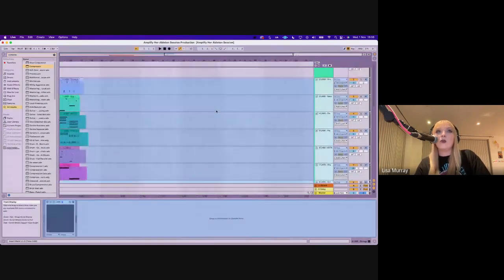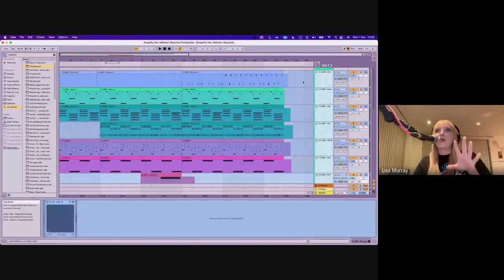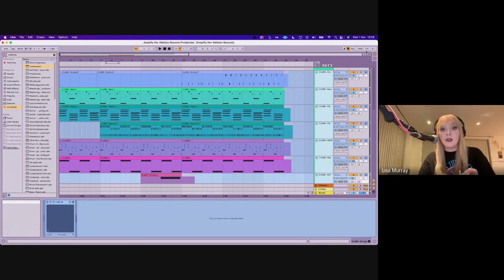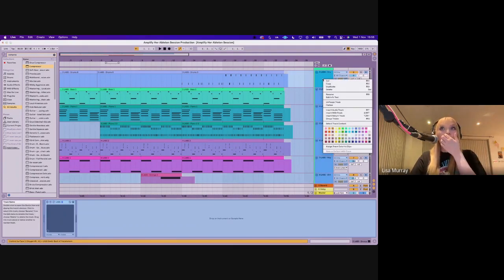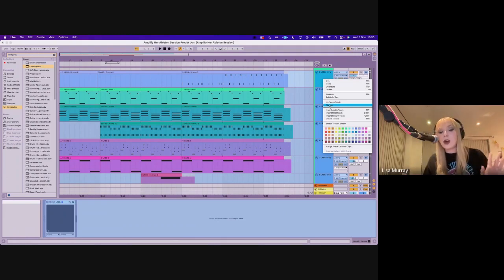They're not frozen forever, they're just frozen. See, now that's gone down to 3%, it was at 6%, it's already halved. So maybe yours might be at 50%, and it'll bring it down to 25%, and that's going to make it super easy. You can unfreeze your tracks whenever. Also, whenever you get to a stage where you want to convert your MIDI to audio, you can hit flatten, and it turns it into audio tracks instead of MIDI tracks.